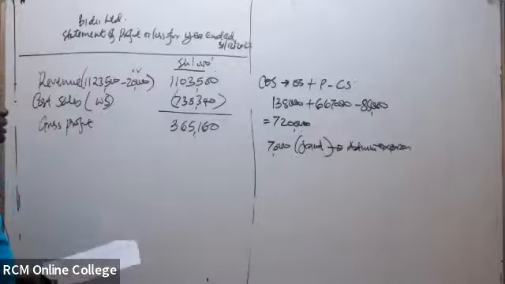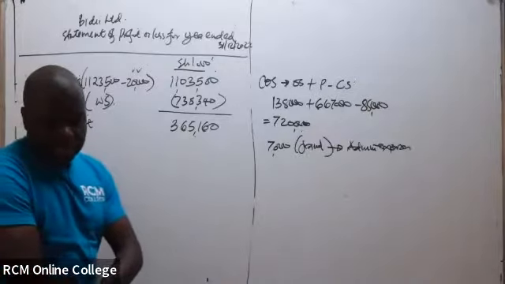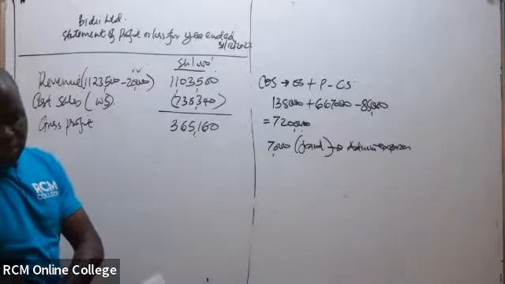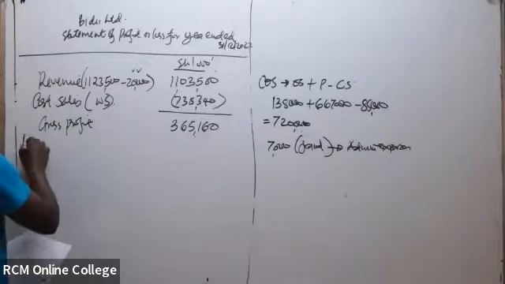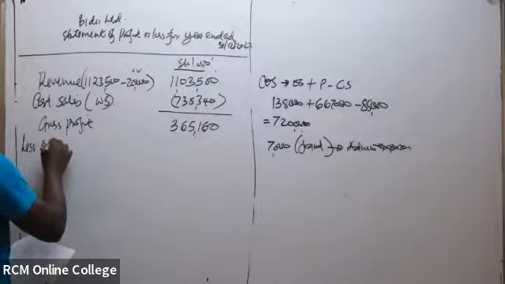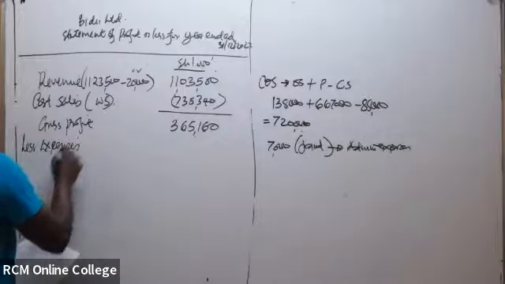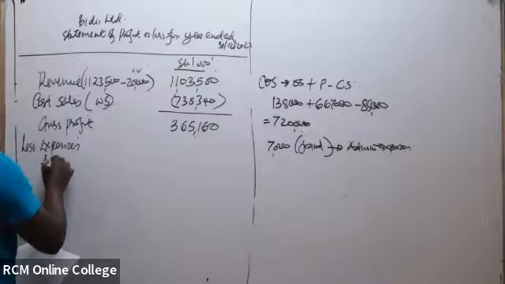365,160. So in this case, that is our gross profit. Then we can less our expenses. We have in this case